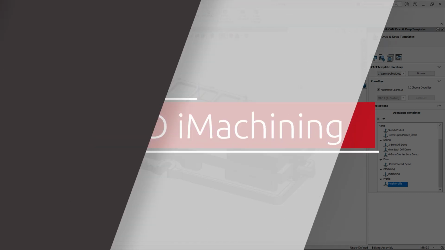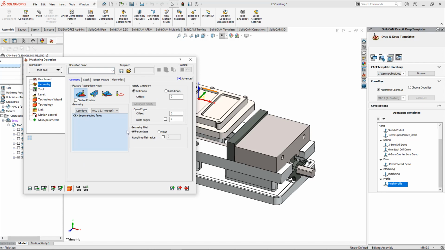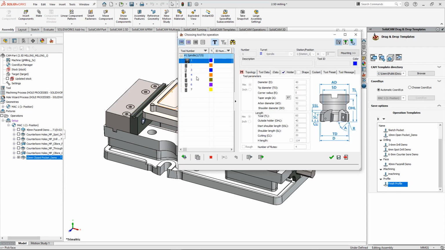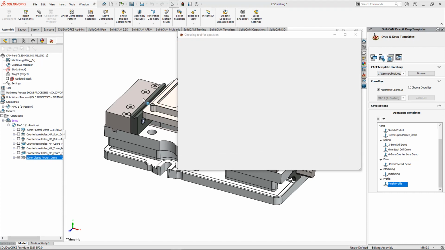In 2D machining, we have a new option for 2D pocketing. As you can see, I'm going to set this part up as we would normally, picking the face and then picking a tool, and I might choose to finish the floor and the wall afterwards as well. It should look fairly familiar to what you're currently seeing.